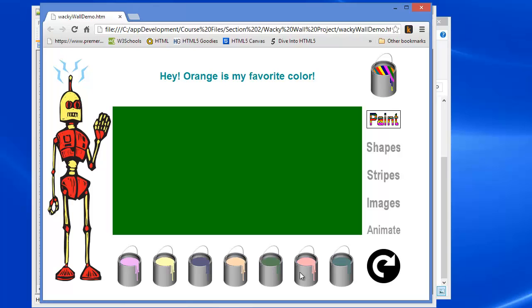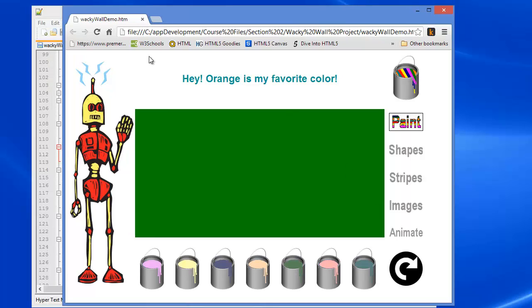Normally on a web page or program, when something grays out, it is no longer clickable. So the purpose of this assignment is to make it so that a paint can, once it's been clicked, becomes inactive or disabled so that it can't be clicked again. And for this kind of thing, this is where variables and if statements come in very handy. So let's go back to our file